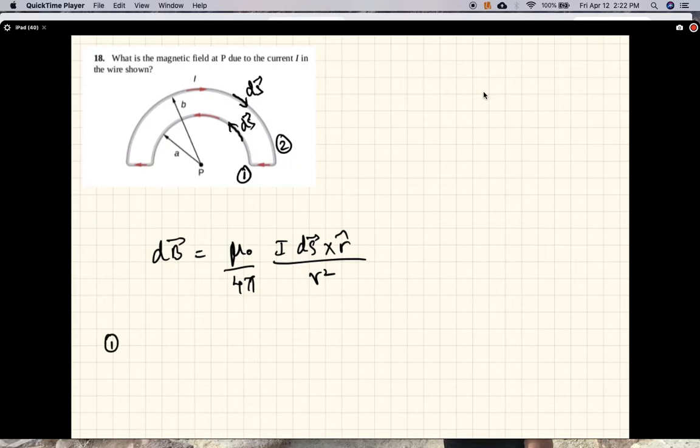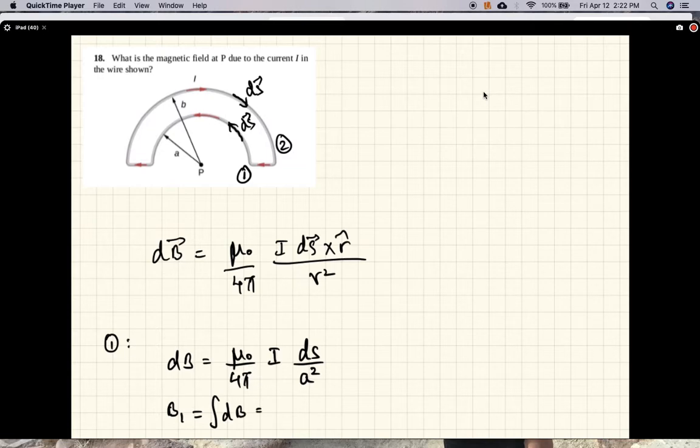So the magnitude of the magnetic field due to elements on 1 is mu naught over 4 pi, I ds over r squared, and r is a. So the field due to curve 1 is just the sum of all these, and